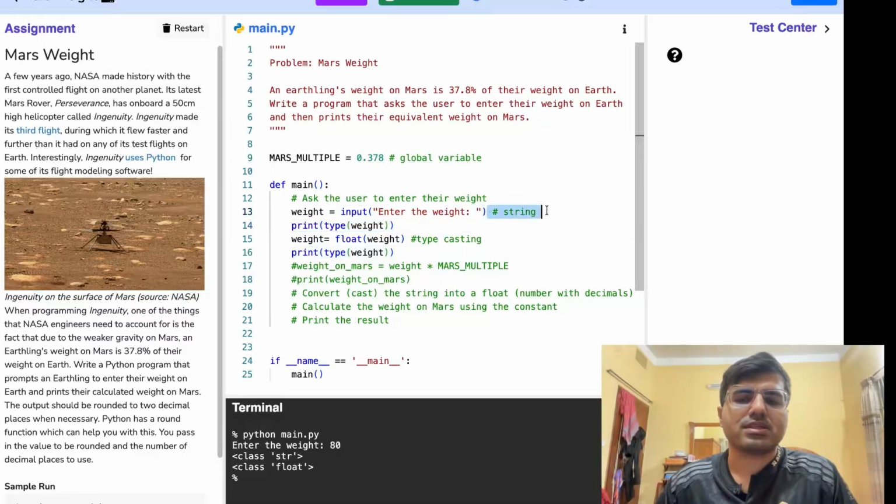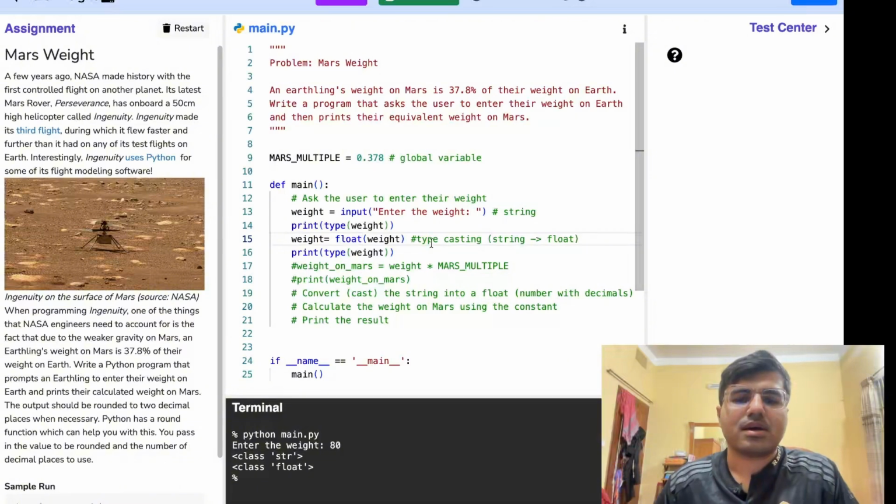We know that this is a string, so it is saying class string. Now in this line I am doing the typecasting operation. If I again check the type of the weight, it is showing that it is float. So we have successfully transformed this from string to float. This line is just converting the type from string to a float.